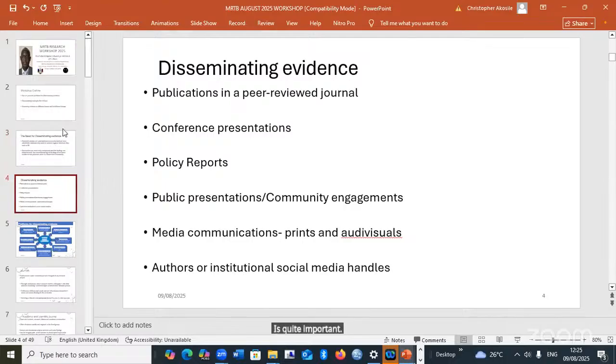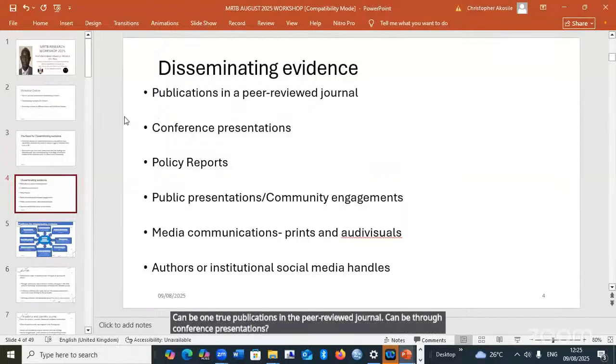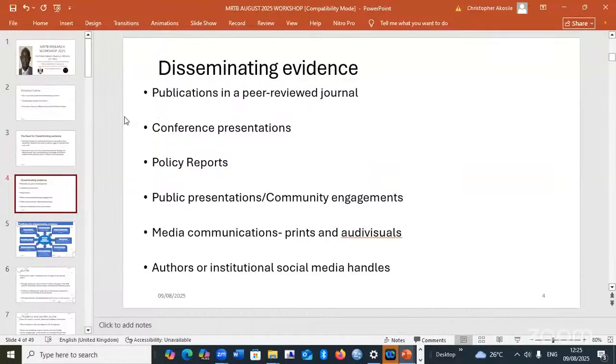The different platforms for disseminating evidence can be through publications in a peer-reviewed journal, or through conference presentations. Sometimes you are asked to do a policy report.